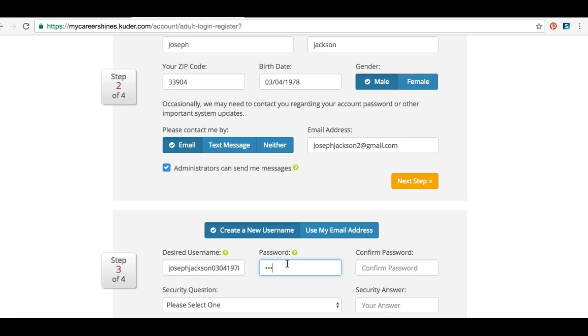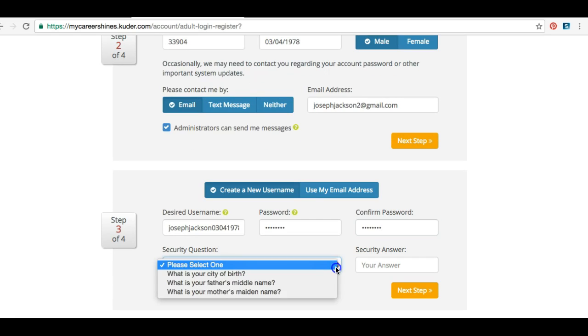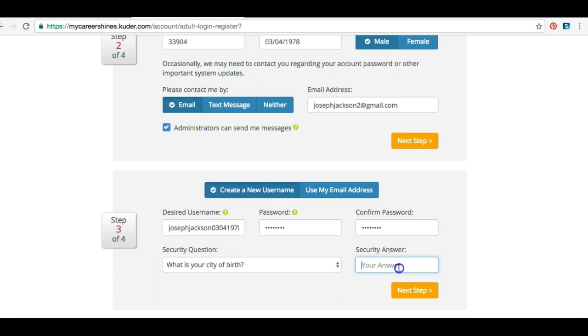Password, we recommend students just use the word password as their password. That's up to you, but we do not have access to your password, so if you forget it, you have to do that forgot password, and you need to make sure you remember your email address and all that stuff. So pick a security question, hit Next Step,